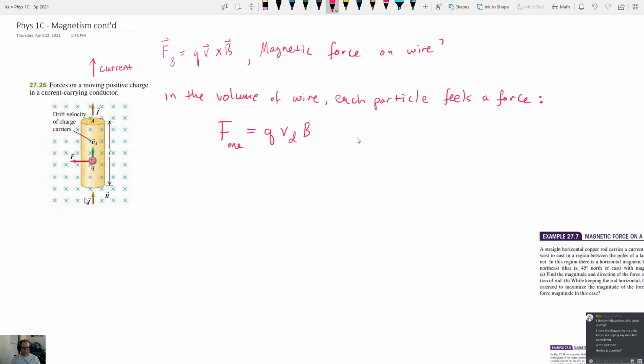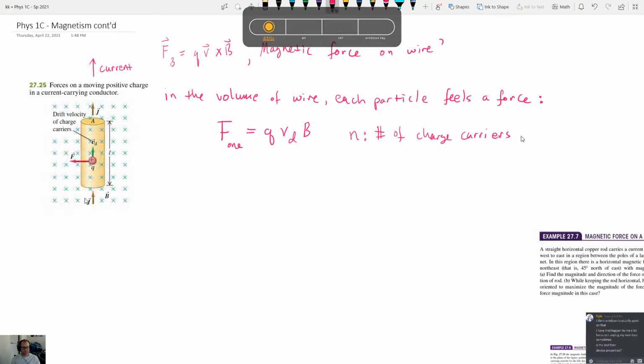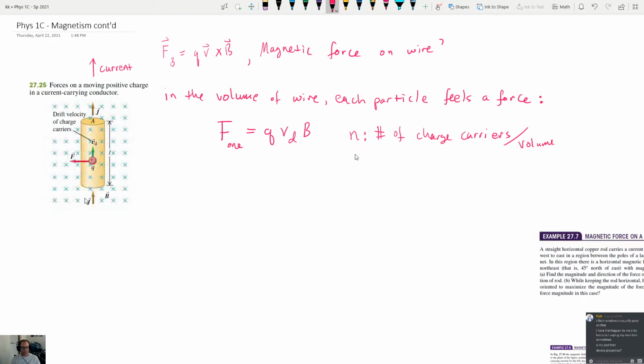And to do that, we can say, if we know the number of particles per unit volume, so this is the number of charge carriers divided by the volume. And then the volume is just going to be the area of the end cap multiplied by L. That's the volume, right? So if I take the number of charge carriers per volume and multiply by the volume, I can get the total number of charges we have, which will give us the total force. So if we take n times A times L, which gives us the total number of particles, and we multiply by the charge on a single carrier, q, and then times the drift velocity times